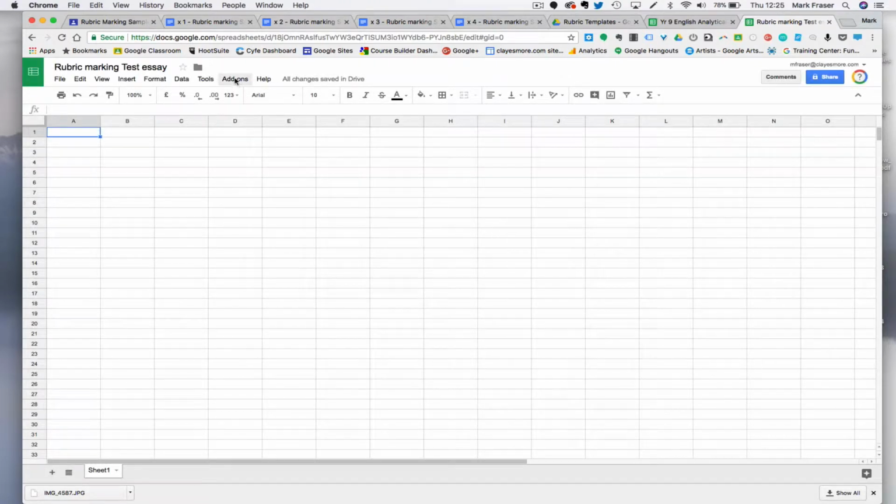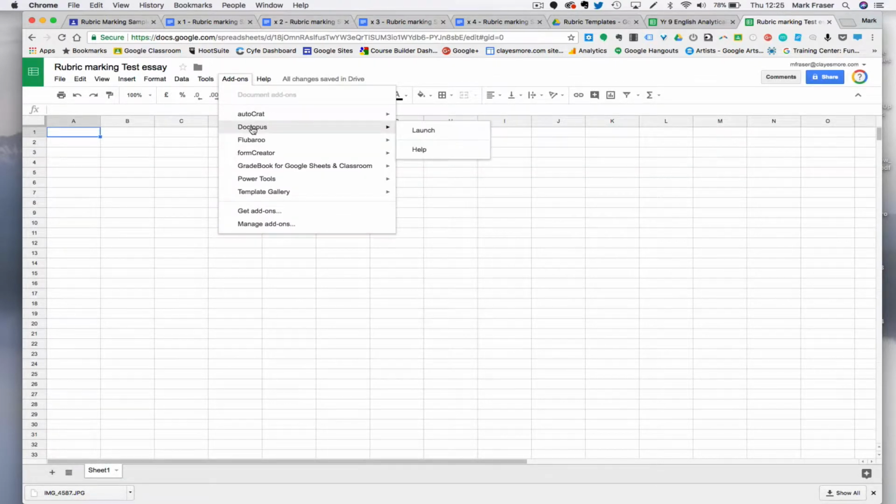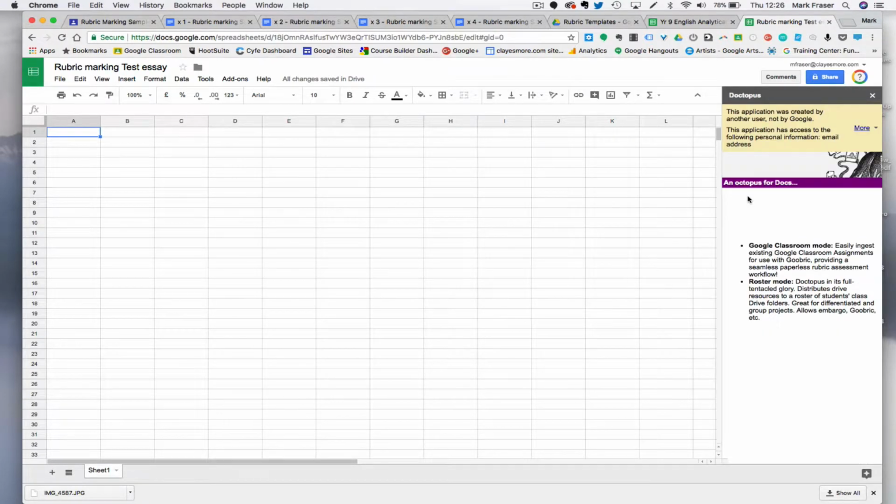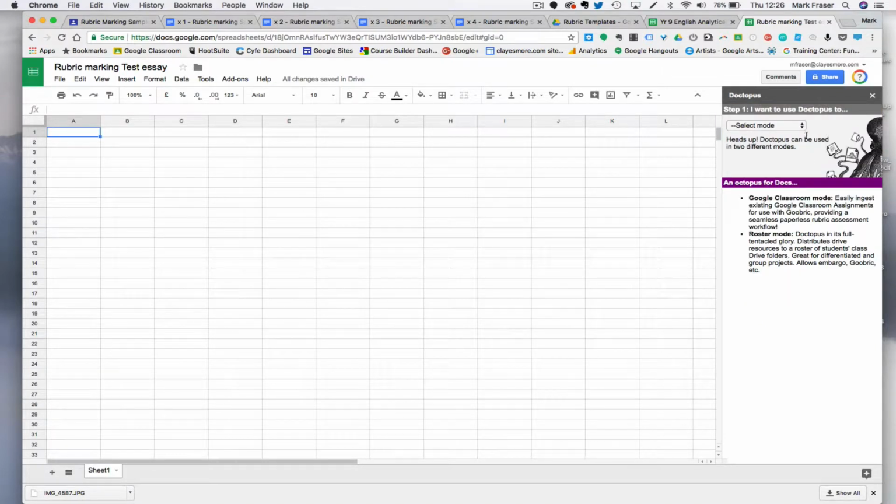I have got it installed, so I'm just going to launch it. So I'll just choose Doctopus and launch. It takes a moment or two to open, and here we are. Now the first thing you need to do is get rid of this really irritating little warning, and then you need to select the mode that you want. You see it gives you a choice of two,